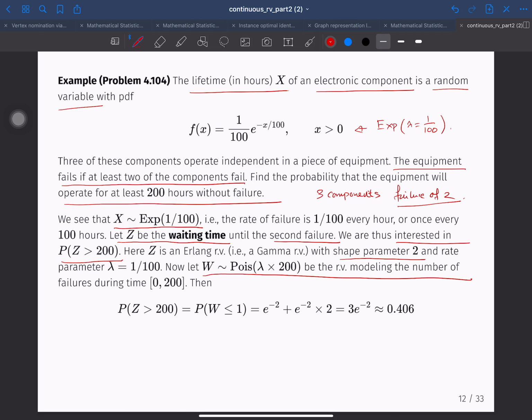So this is a typical problem in many of these reliability studies. You're given a failure rate for a single component, and you want to see how long you have to wait before, say, k components fail. So, as another example of the gamma,